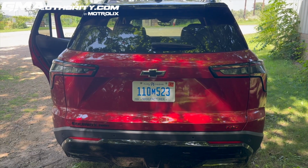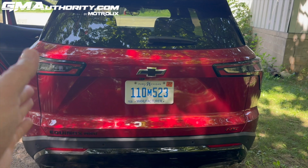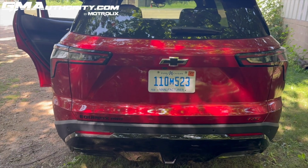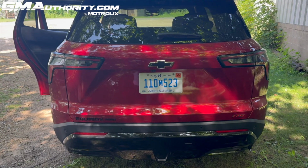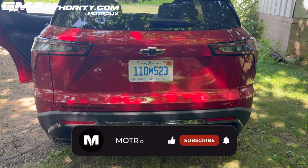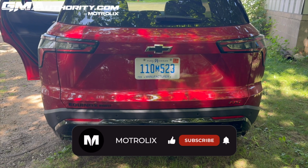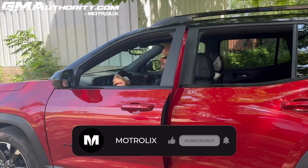A member of the Equinox's engineering team also told me that since the 25 model is a bit wider than the third gen, the outgoing last generation model, this enabled the team to actually increase the width of the rear hatch, thereby making loading and unloading wide, big things quite a bit easier into the new Equinox. And so there you have it,